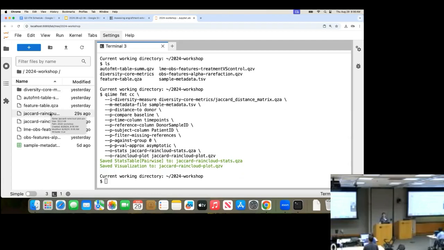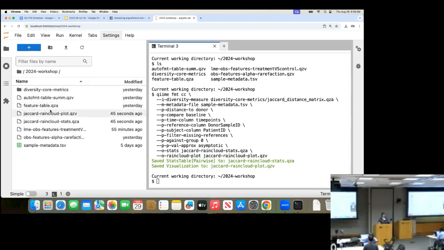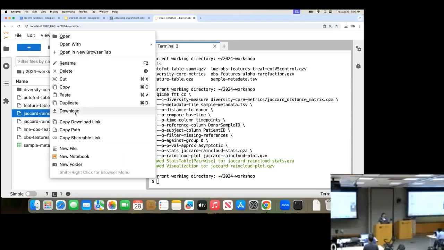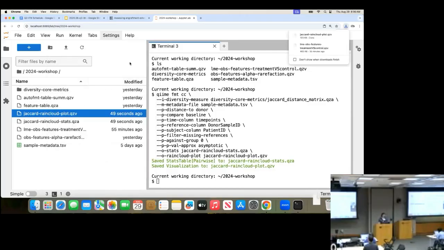If you end up downloading the stats one, you'll get information on provenance, but no pretty pictures, which sometimes is helpful, but I'll focus on the pretty pictures for now. Oh, you are totally right. Beautiful. Thank you, Hannah. So if we download this,